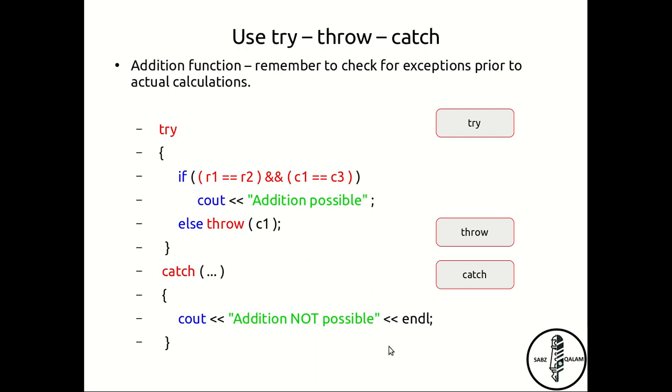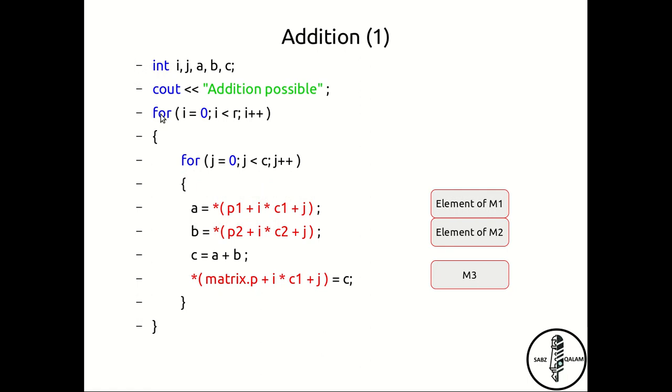I think a good statement would be the dimensions don't match up. And then, because the answer is an element matrix, it's useful to just set it to default values. Okay, now for the addition itself, you're just going to use these new variables A, B and C, where A will store the element of matrix 1, B will store the element of matrix 2. You're just going to add it and put it where the contents of the matrix lies, in this new